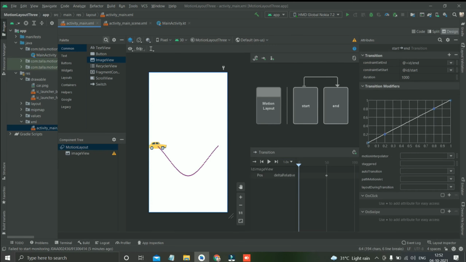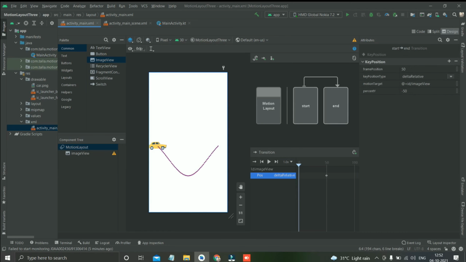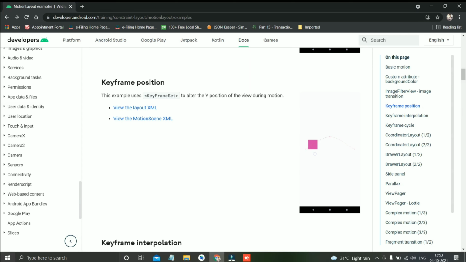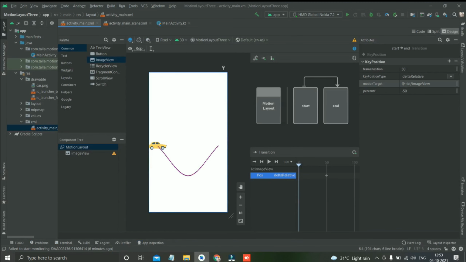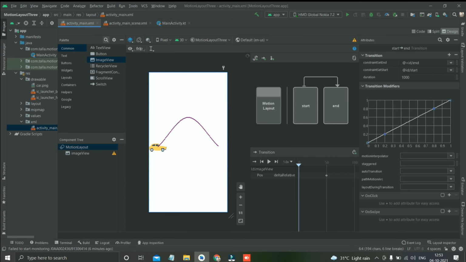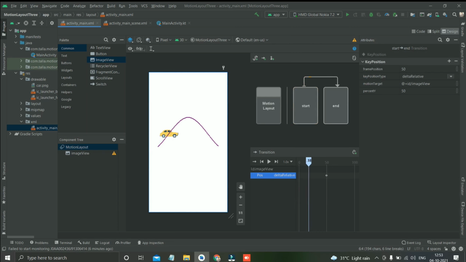So we can set it to the -50, means it will go down. So whatever you want you can set like that positively. Now this direction was upwards, but I have set it as downwards, like -50. If you set 50, then it will go to the top curve. So now we can slowly move the curve, so you can see that the car is going like a curve shape direction.